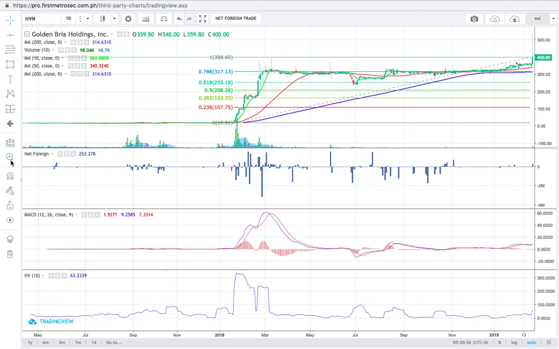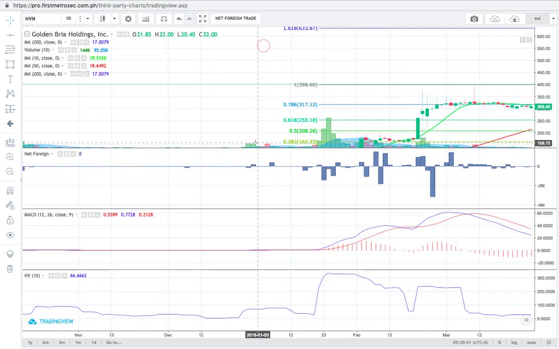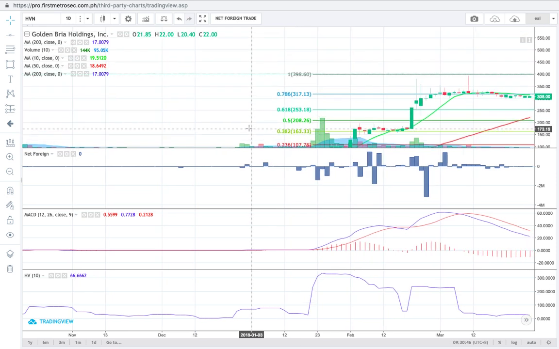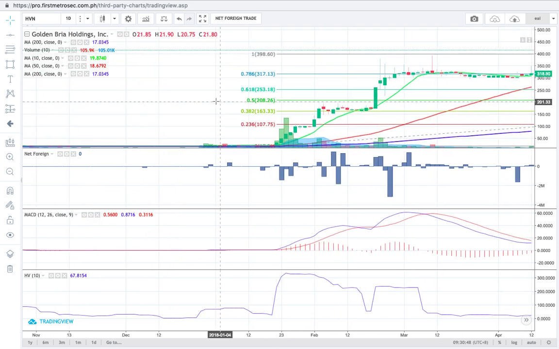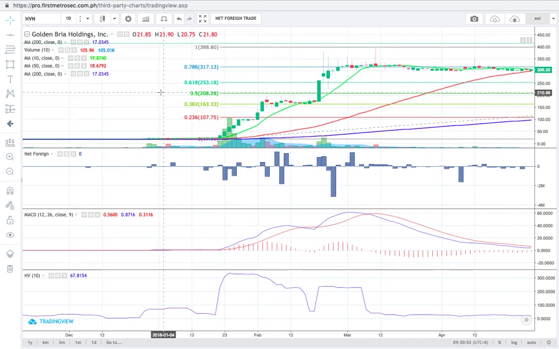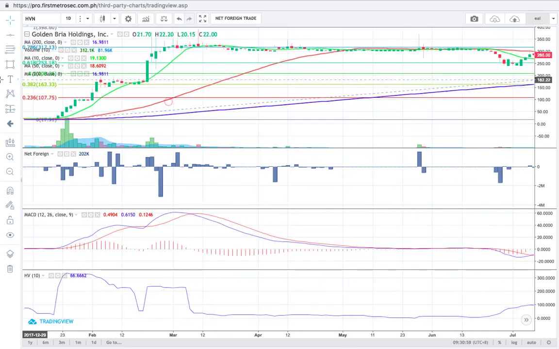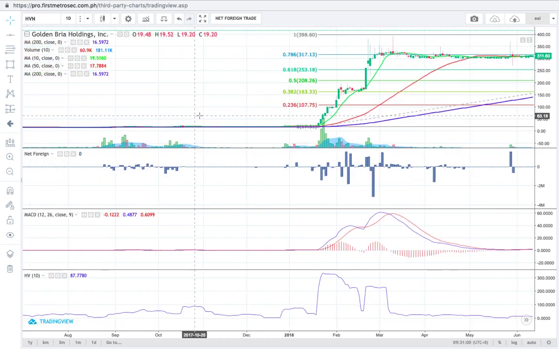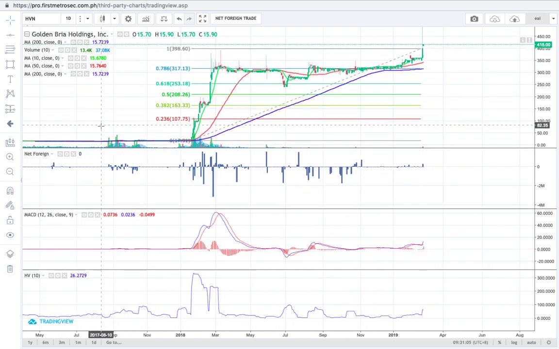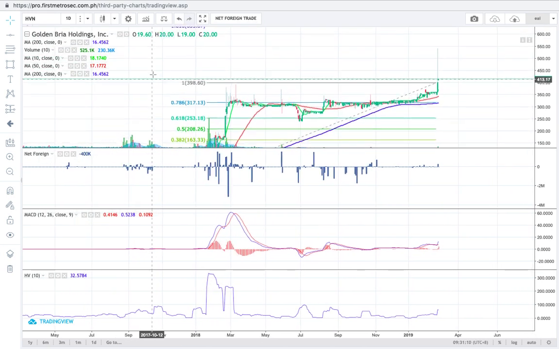Okay, let's magnify this one so we can drag it to the bottom. Okay, so it's quite high for me. The resistance that I'm seeing here is at 400. Oh, not 400, it closed yesterday at 400. There you go. So the resistance that I'm seeing here is at 633, but